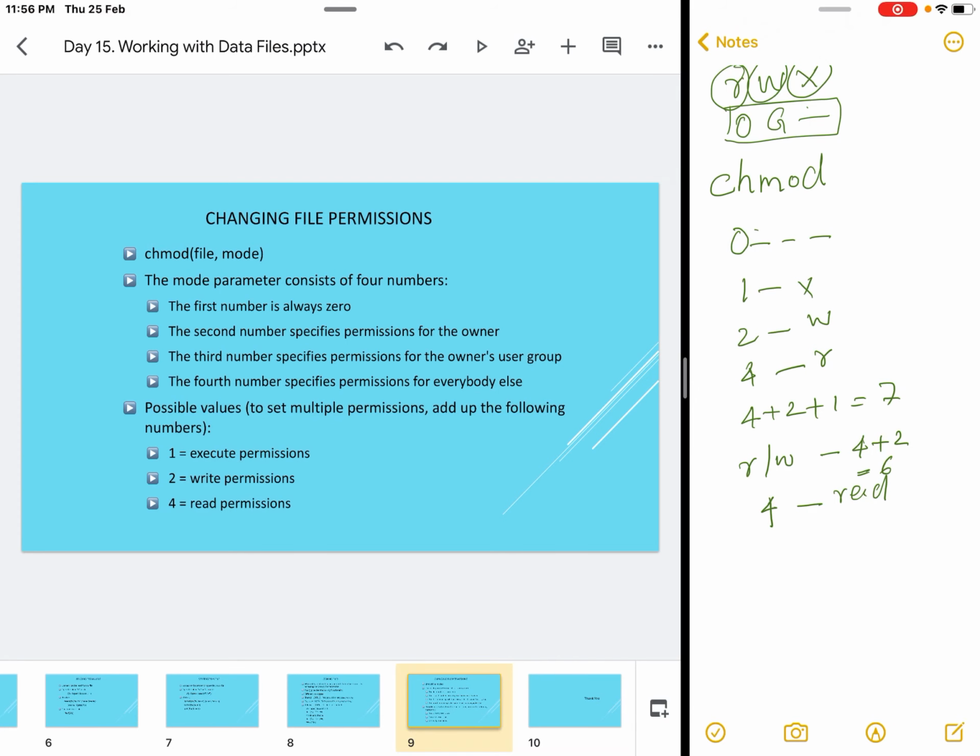So we have seen how a data file is opened, how the data is read from a file, how the data is written into a file, how a file is closed, how the parameters of files are retrieved using library functions, how a file can be locked, and how file permissions can be changed.